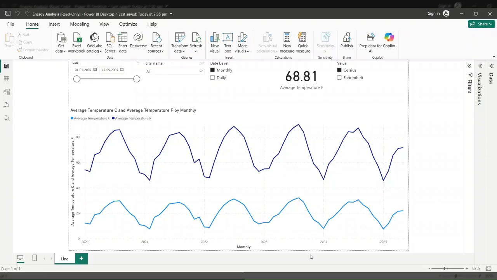Right now we have this line chart with the degrees for Celsius and Fahrenheit. We have a slicer that enables us to choose between Celsius and Fahrenheit temperature, and the numeric parameters that we explored earlier. We have a single measure that converts between degrees Fahrenheit and degrees Celsius. We are going to create a new measure in our model